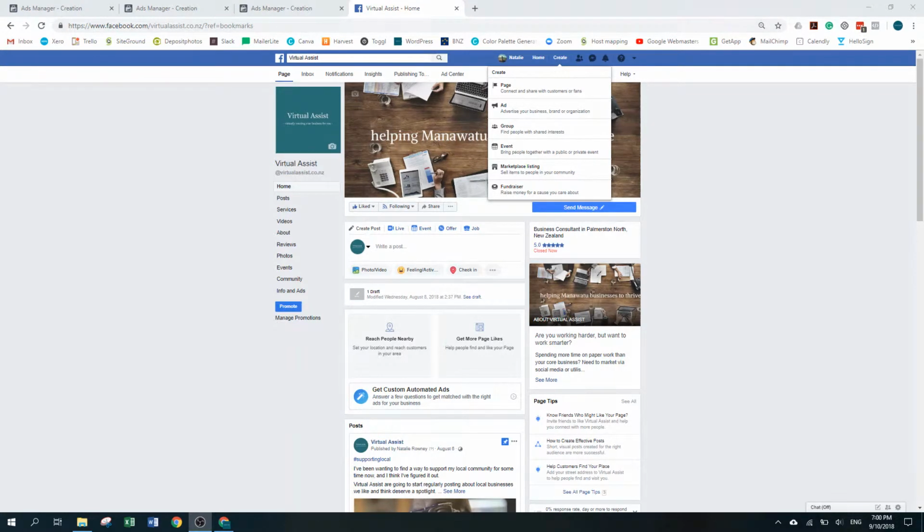To create a Facebook ad, all you need to do is log into your Facebook for Business page and select Create and select Ad. Now adverts show up under Info and Ads, so if you ever want to go and have a look at an ad, all you need to do is select Info and Ads down in that left hand corner. So we're going to select Ad today,